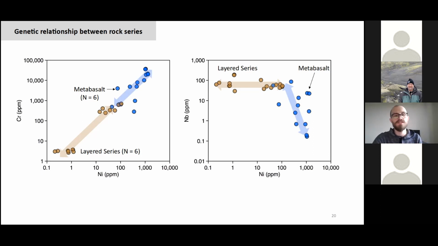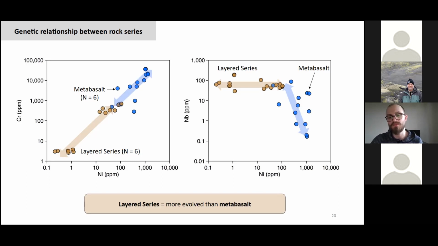Now, these variations in trace elements suggest that these two rock series crystallized from compositionally distinct melts, with the layered series crystallizing from a more evolved melt than the metabasalts, and which experienced only a small degree of fractionation after emplacement. Now, because the metabasalts are comparatively more primitive than the layered series, then this large range in